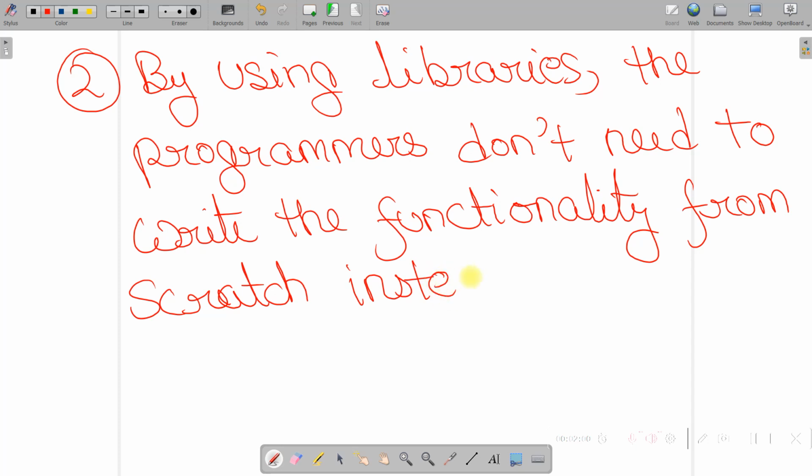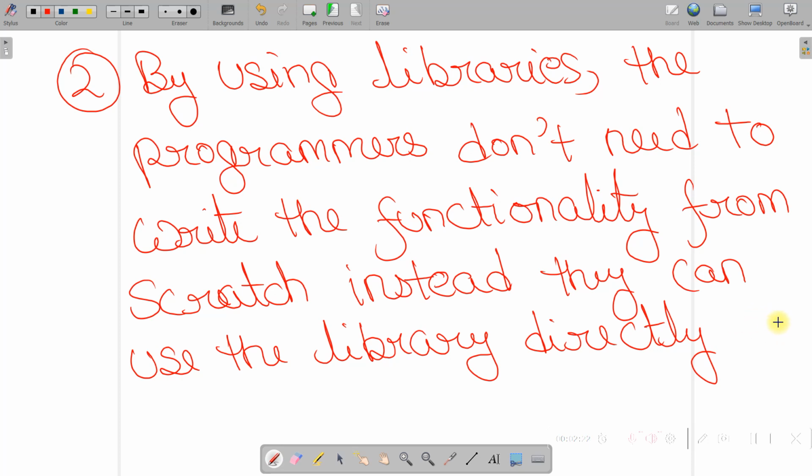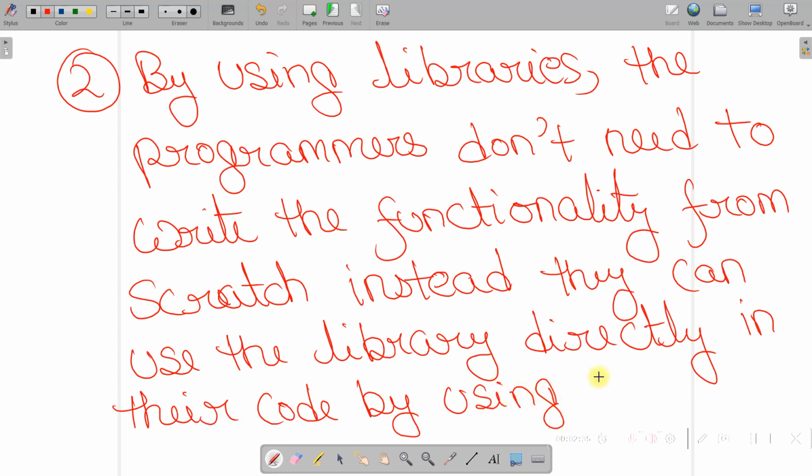Instead, they can use the library directly in their code by using import command. Okay, so